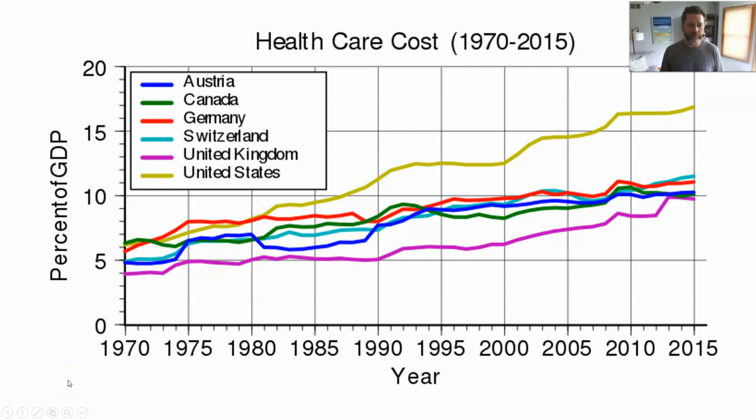The one thing that we know for sure that the US sucks at is that we pay a lot of money and we don't get the best outcomes. There are numerous studies out there. This is a nice quick graph here showing healthcare costs as a percent of GDP, percent of gross domestic product, which is a key measure that economists use to compare countries. And essentially, in our case, it can show us how fast our healthcare costs have been rising.